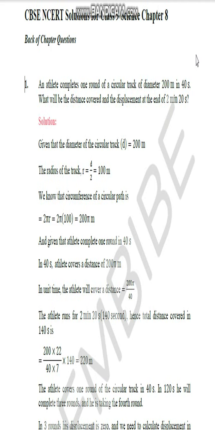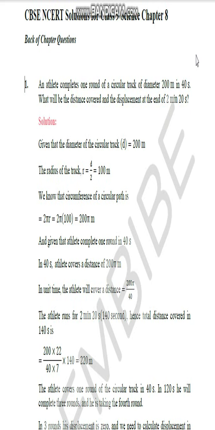It means in 40 seconds, one round of 200 pi meters, the circumference, is covered. So the distance is 200 pi meters, and it took 40 seconds to complete that. So in 1 second the athlete will cover a distance of 200 upon